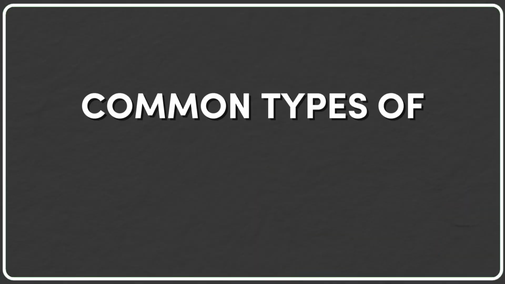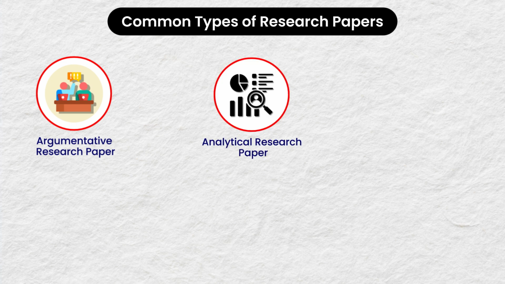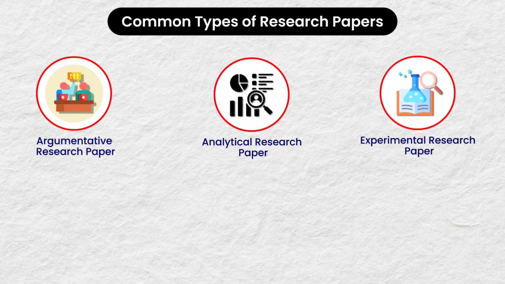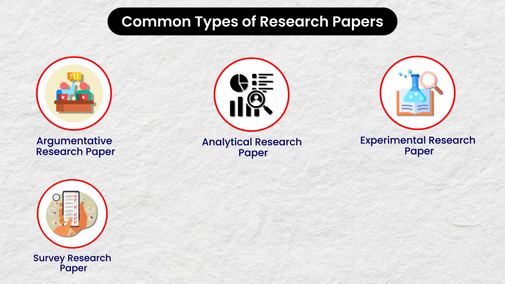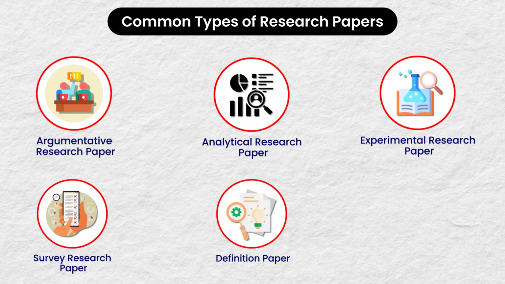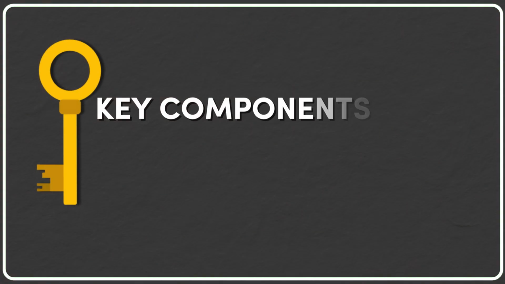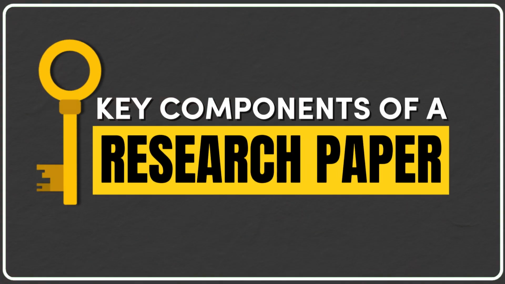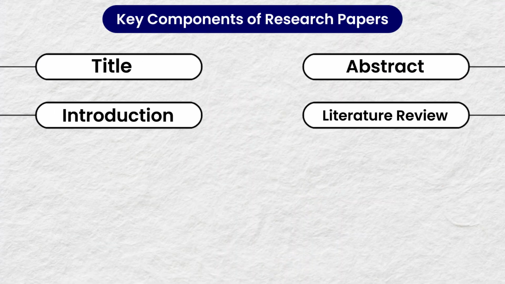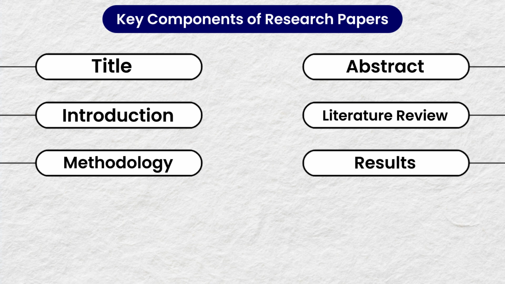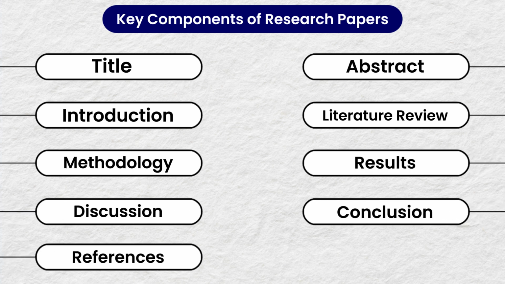Common types of research papers: argumentative research paper, analytical research paper, experimental research paper, survey research paper, definition paper, cause and effect research paper. Key components of a research paper: title, abstract, introduction, literature review, methodology, results, discussion, conclusion, references,